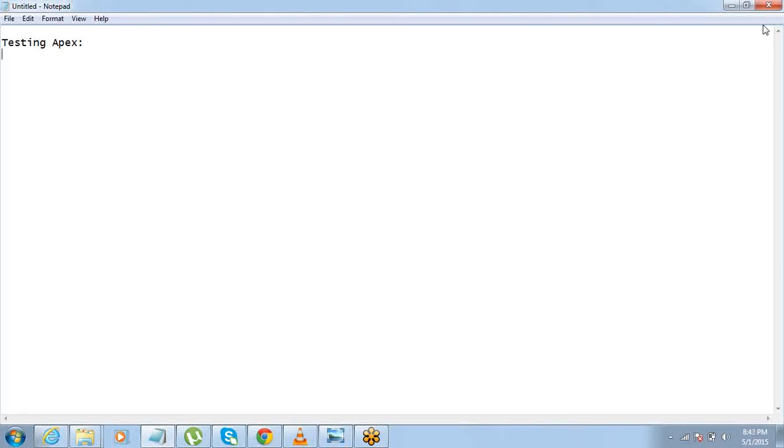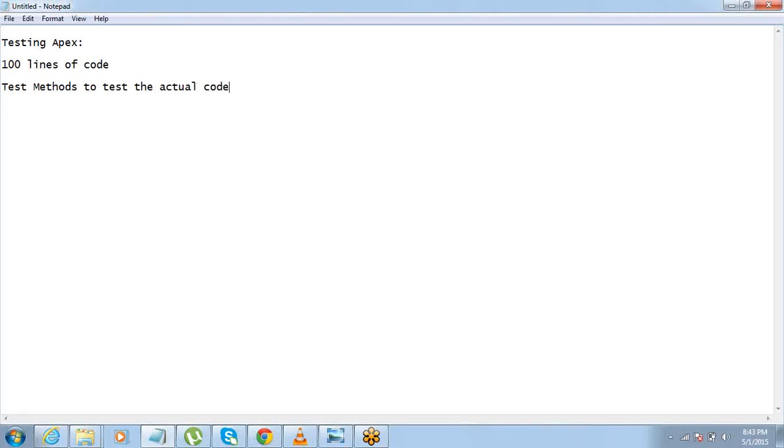There is a way of testing that, and when we do the testing, Salesforce returns a code coverage for the code. All right, so it's pretty simple. Let's say if you have 100 lines of code, you'll have to write test methods to test the actual code.